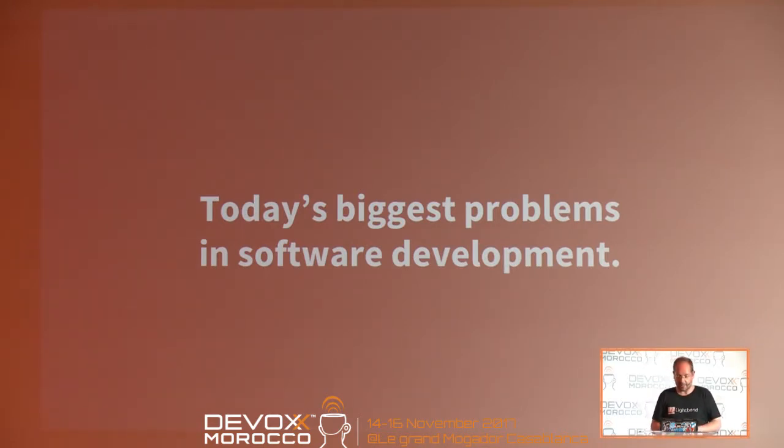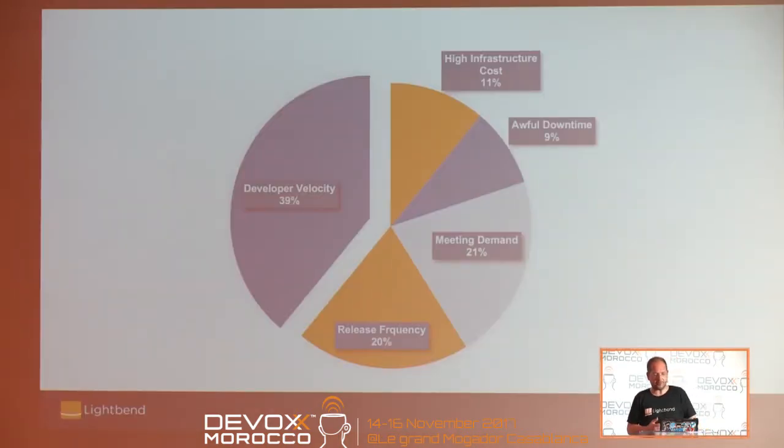Scalability, right. So Lightbend did a little survey. We always do that for charity, and we want to learn a little bit about the industry we're working in and catering to. This is a cutout from one of our recent surveys, asking for the biggest problems you are facing in your software development project. So developer velocity was one,